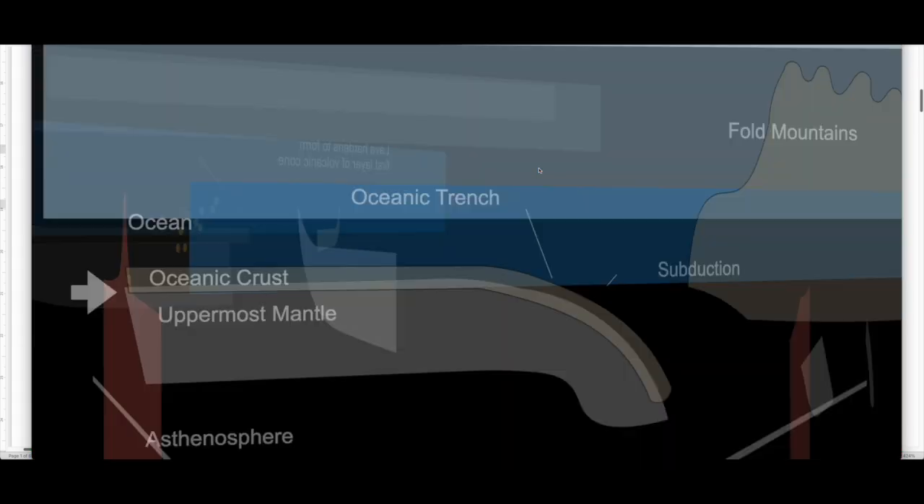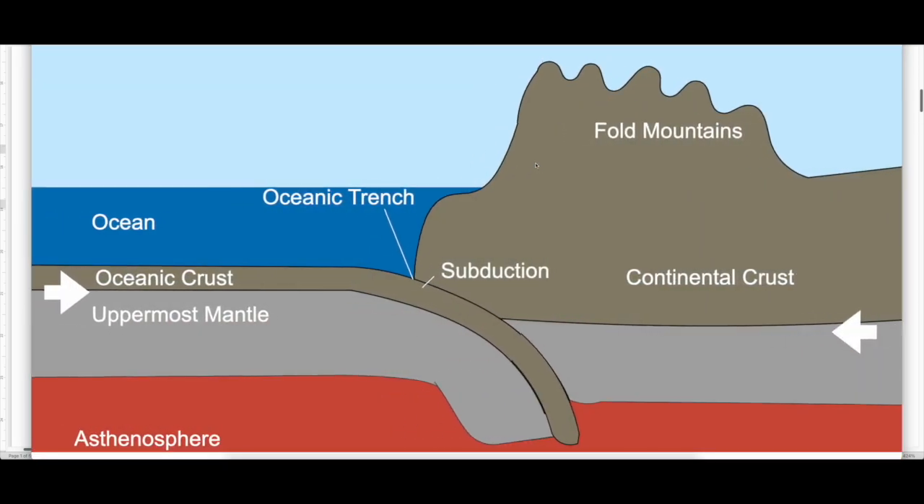Okay, so let's look at what happens at a convergent plate boundary. Here's a convergent plate boundary. It can happen at any convergent plate boundary. It can be oceanic with oceanic, but this doesn't happen at continental with continental, and we will look at why. So when an oceanic plate and a continental plate move towards each other,